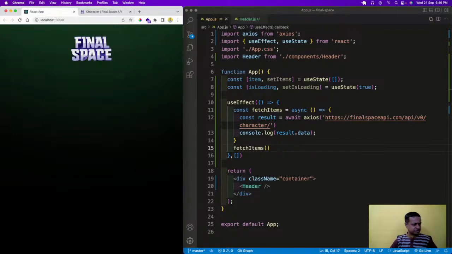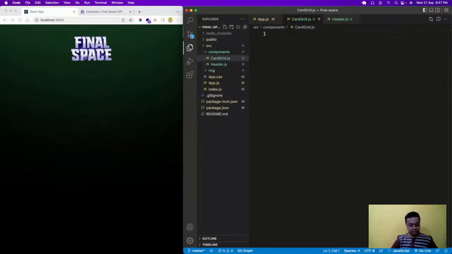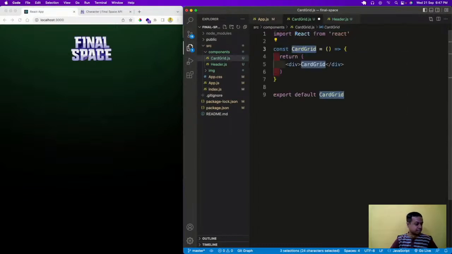Now we are not going to show it here. So we are going to show it in a different component. So we are going to create that component. Okay, so here we'll go in the components and we'll create a card grid.js, and then here RAFCE, and in this card grid